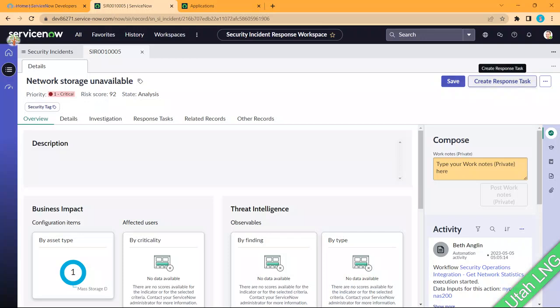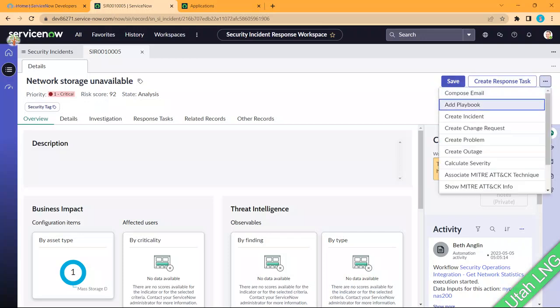Then you can get the response task again given here, and a few of the actions, or I can say related records inputs, have been given here. Compose email, like the email client, which we know. Add playbook if you want to do some automation kind of things, or to guide your agents or the security